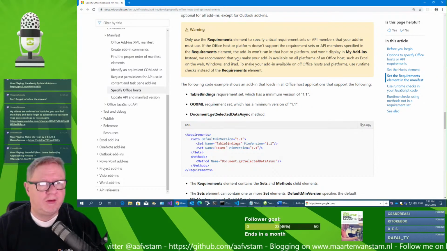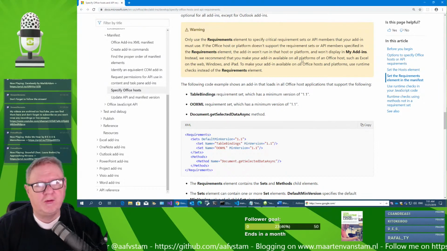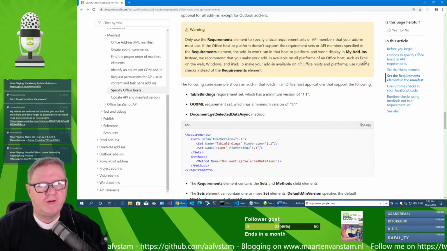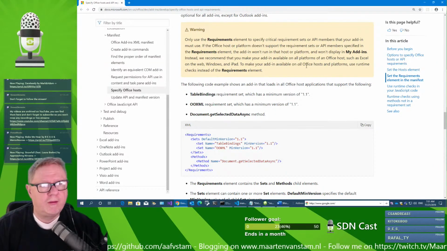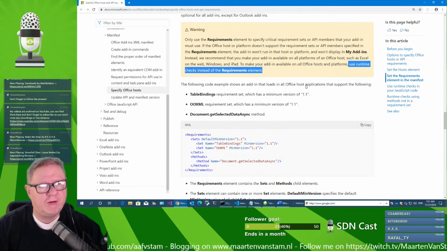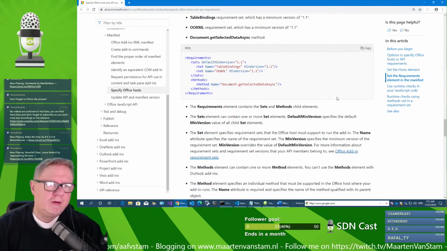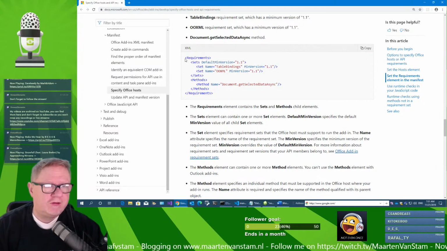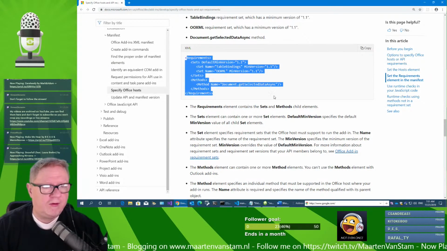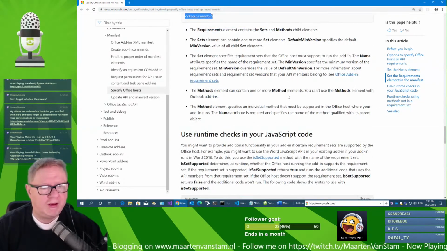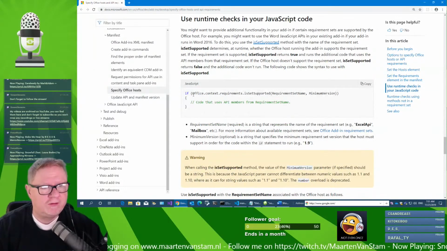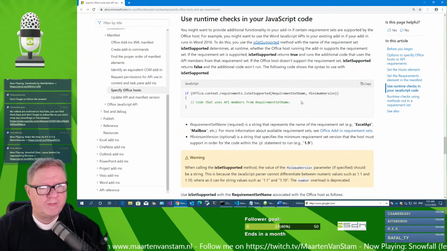Instead, we recommend that you make your add-in available on all platforms of an Office host, such as Excel, and use runtime checks instead of the requirements element. So instead of doing this, the recommendation is to check it online. Runtime checks like this. If context requirements is set supported,